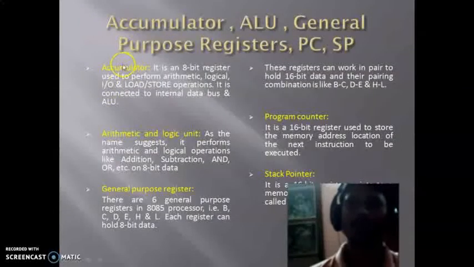First, I am going to explain the accumulator. This is a very important part of the 8085 microprocessor. This is an 8-bit register. This is a special type of register by which we can store or load 8 bits of data. If you want to perform any kind of arithmetic and logical function using the 8085 microprocessor, every time we need the accumulator, and the results of arithmetic and logical functions will be stored in the accumulator. So this is very important.